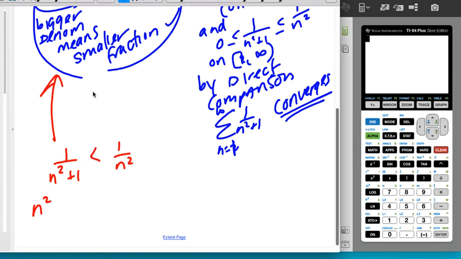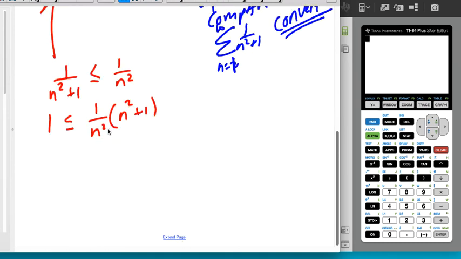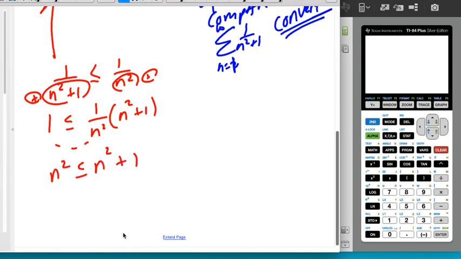You want to say, when is this thing less than, sorry. We know that the n's are all positive, right? So you could say, when is this thing less than or equal to? And you could multiply over, right? You could get 1 is less than or equal to 1 over n squared times this n squared plus 1, right? And then you could multiply this guy over. You don't have to flip the sign because this is positive and this is also positive, right? So you'd get n squared is less than or equal to n squared plus 1, right? When you subtract the n squared over, you get 0 is less than 1, which is literally always true,